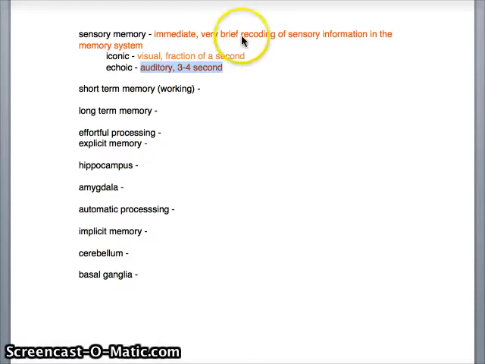You can also have echoic, which is auditory. The easiest way to tell these apart: echo is a sound, so echoic is auditory. This lasts 3 to 4 seconds. And again, this is not intentional. This is immediate memory. The best example for echoic that I can think of is if you're talking to someone and you